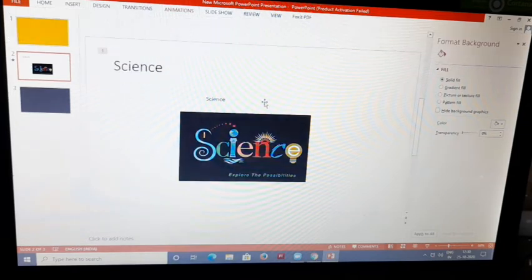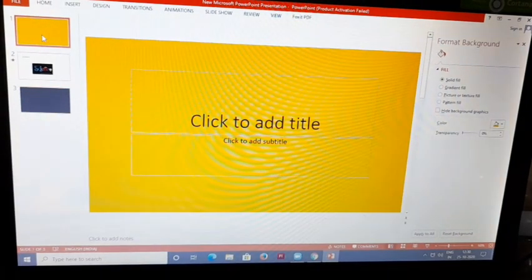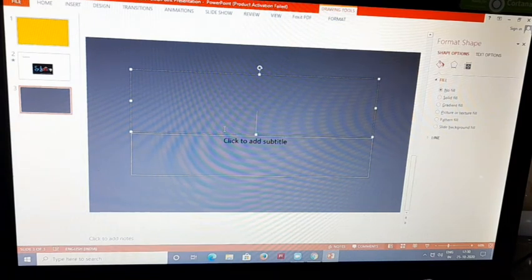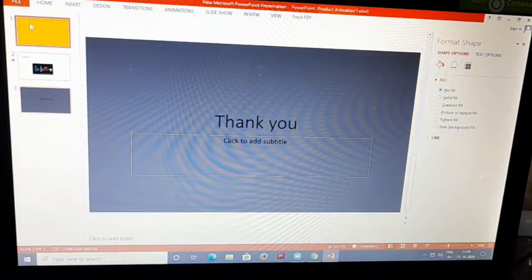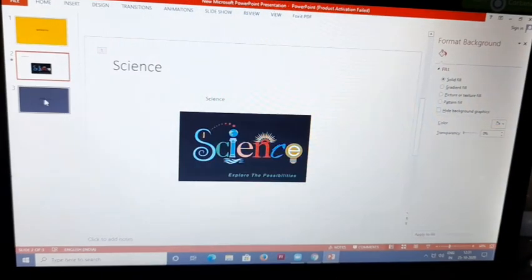Next we are going to study creating a navigation menu. Do you know why we create a navigation menu? Suppose from the first slide, if we click, the second slide will come, then the third slide. But suppose from the first slide itself, I want to go to the third slide, which is Thank You. So the first slide is Welcome; these are our slides, the first, second and third.